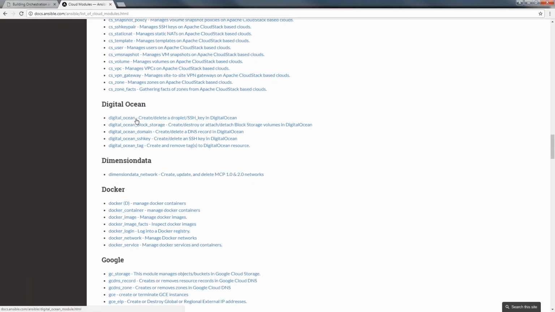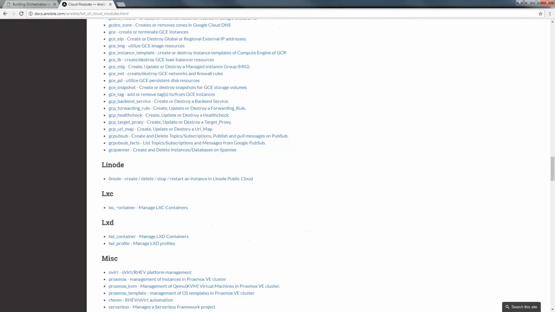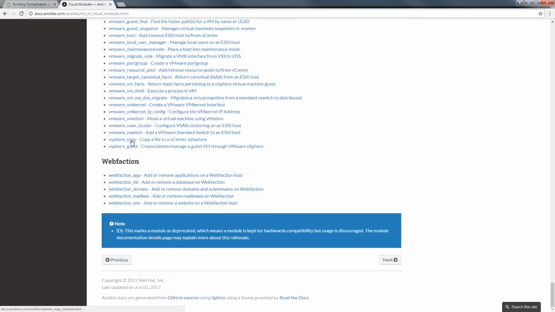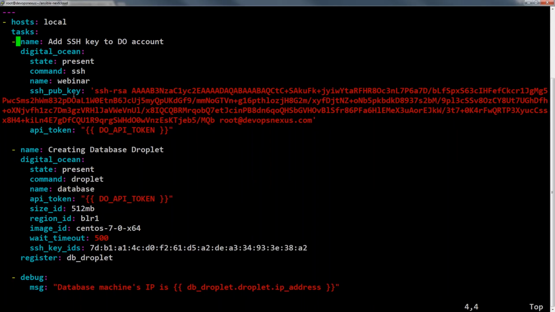Right, so we have the DigitalOcean module here. The DigitalOcean module basically creates and deletes a droplet and SSH key in DigitalOcean. You can find a lot of modules, and all these modules are basically inbuilt. You don't need to install them separately. Now going back to the demo,